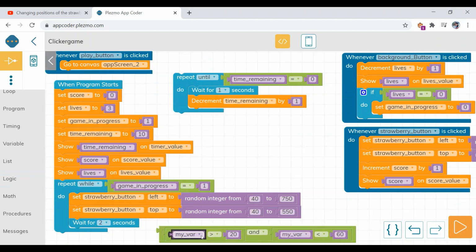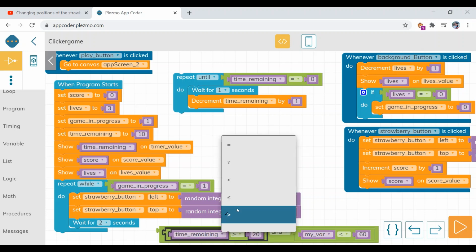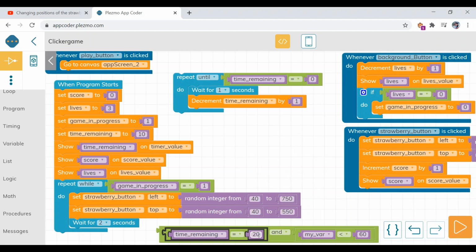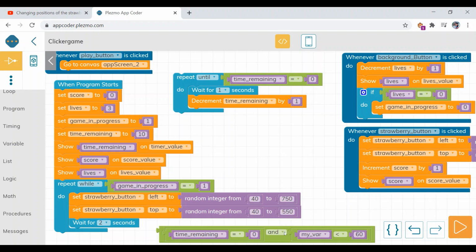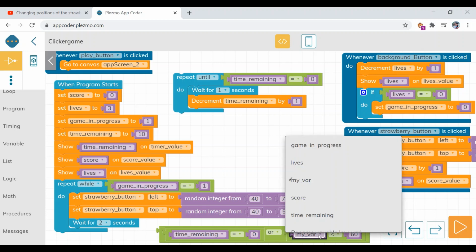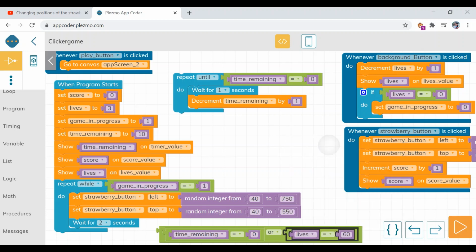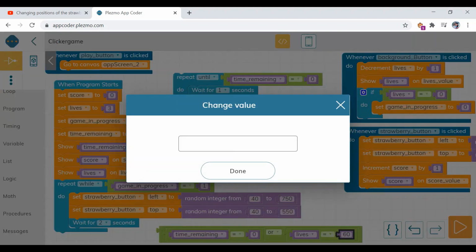And here select the time remaining. So the first condition is the timer value will be equal to 0. Here in the AND we will select OR because we want either of the conditions to be satisfied, then our loop will get executed. And the next condition is the lives value, that is lives equal to 0.